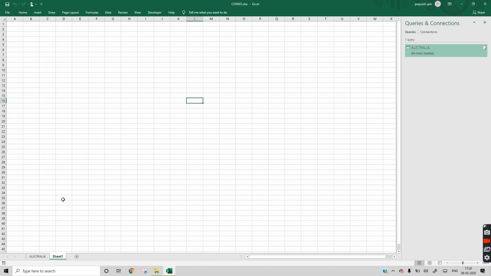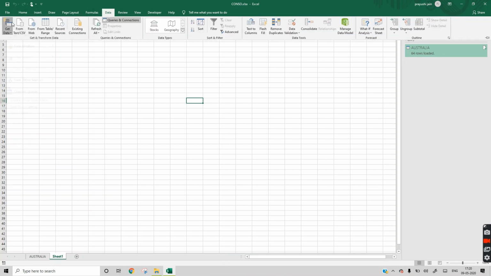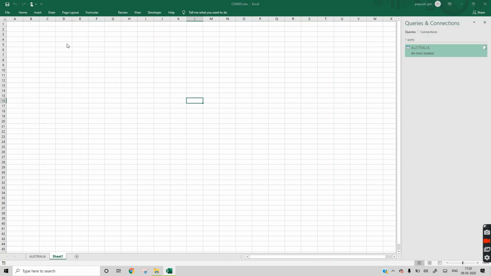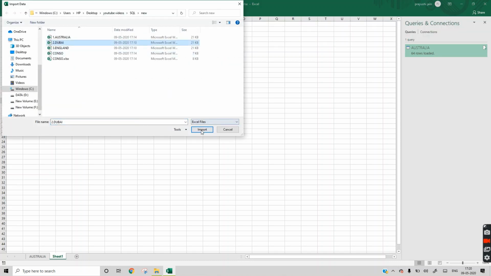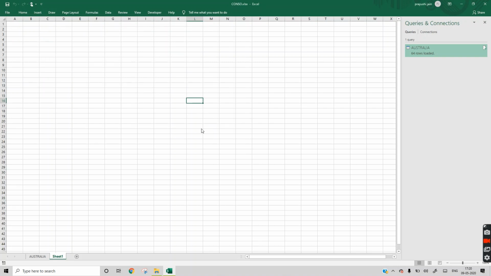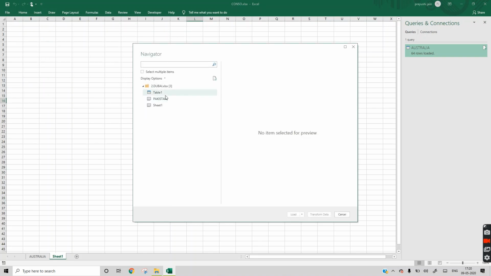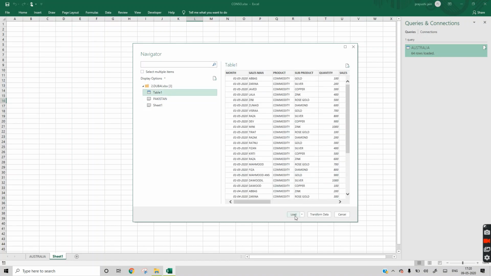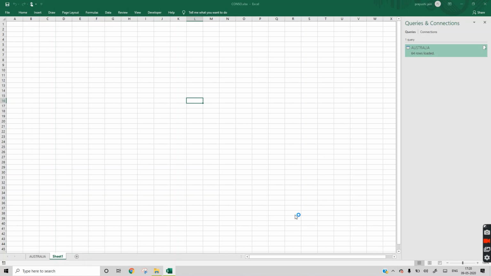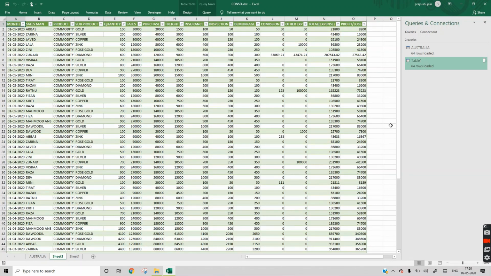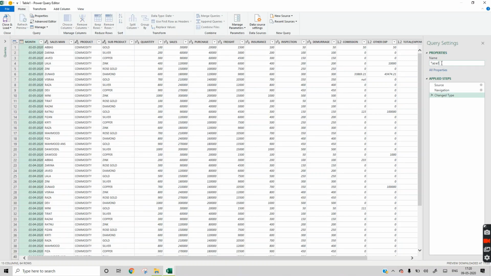Now similarly we will import for England also and Dubai also. We will change the name to Dubai.